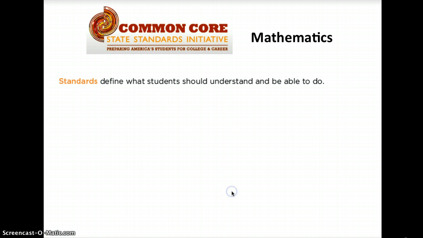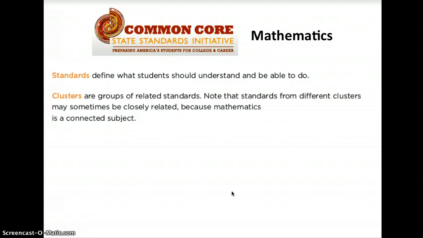The mathematics standards are slightly different than the ELA standards. You'll notice that at the very top they do start out with the actual standards defining what the student should understand and be able to do. In mathematics, they have clusters, which are actual groups of related standards that go together. One thing that's interesting to note is that with the clusters, they do not have to be taught in the exact order